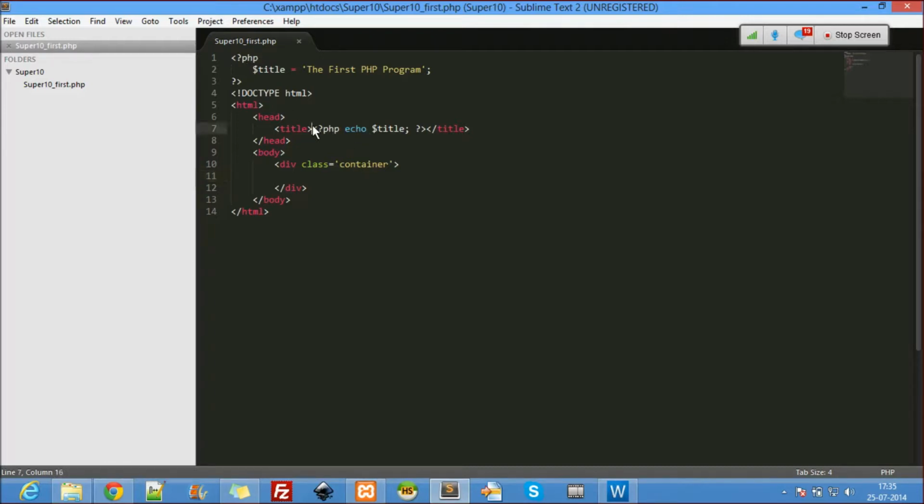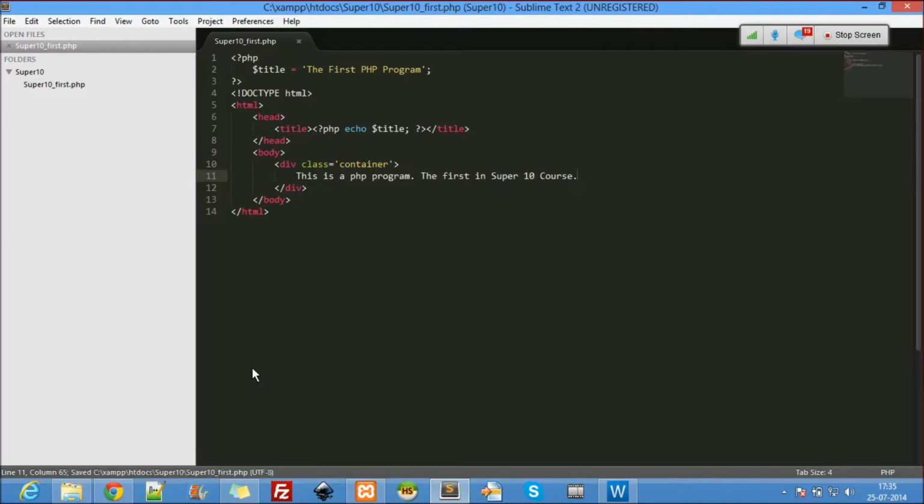Wherever I write PHP, you are supposed to write like this. So now here, this is a PHP program, the first in the Super10 course.